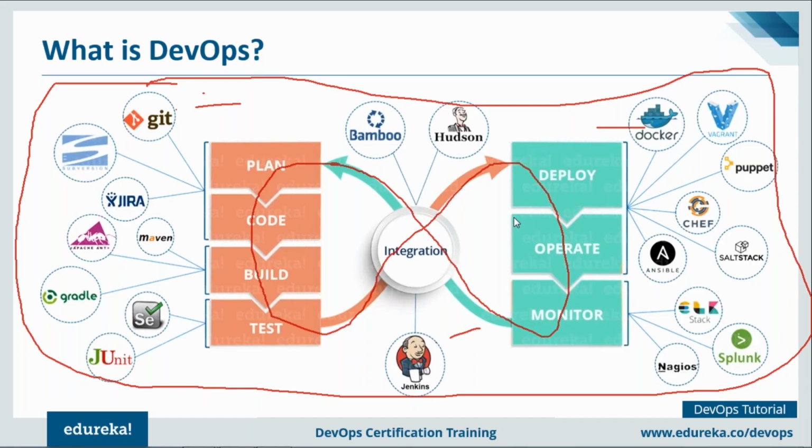And Jenkins is the heart of the DevOps lifecycle, so we have chosen Jenkins as well in the course. Why we have chosen these tools is because they have the major market share, right? Apart from that, most of the companies have given good reviews about these tools. These are open source tools and pretty trending right now, and most of the companies are using them. All right, so he's happy with the answer.